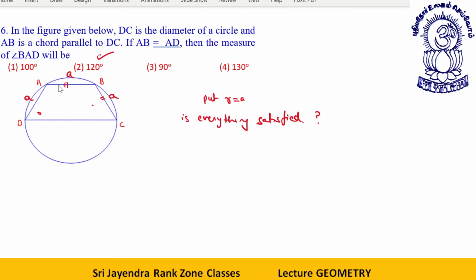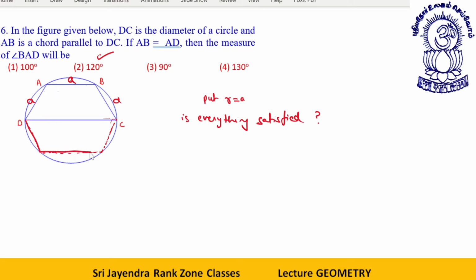You might not be very satisfied with this approach because you will think how someone knowingly did this. No problem, I'll tell you a genuine solution. This side is A, this side is A, this side is A. Can I draw a similar figure on the other side of the circle? This is the center, this is the diameter. So I will draw a similar figure. It is definite that you can get a similar figure.